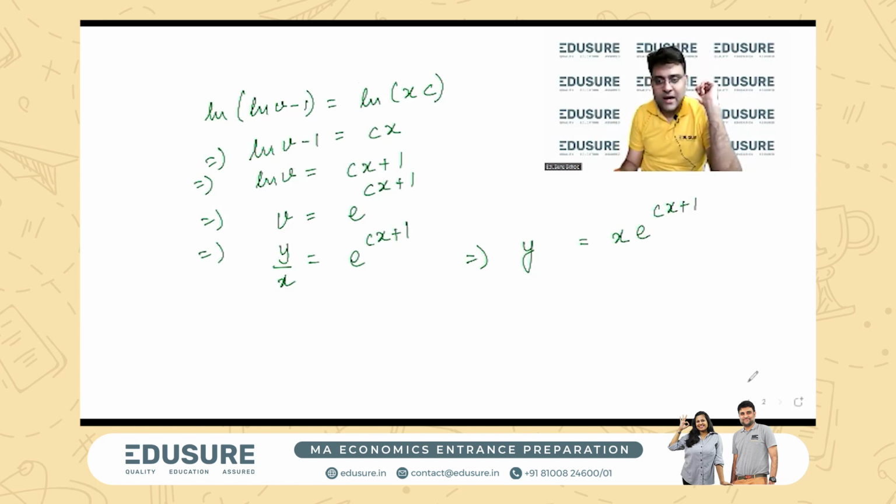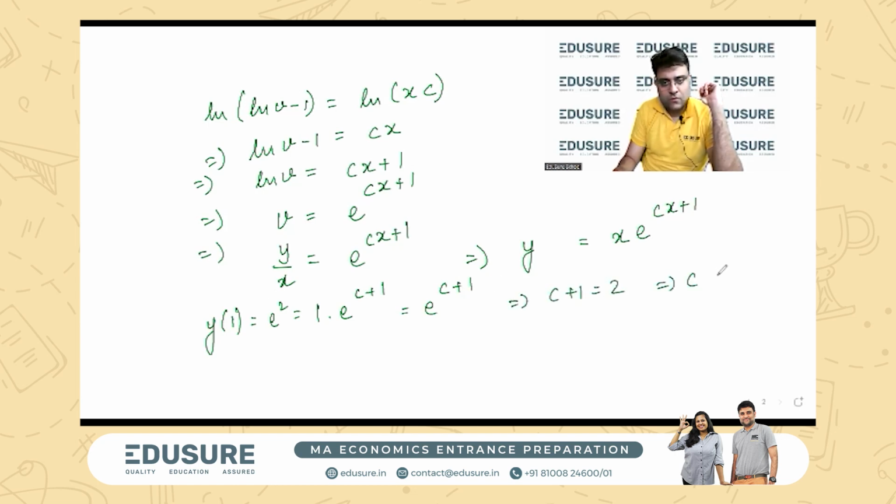Okay, we know that y(1) = e². Put x = 1 here: 1 times e^(c + 1) = e². c + 1 = 2, c = 1. c = 1, equation A. I found out the value of c. So y will be equal to,